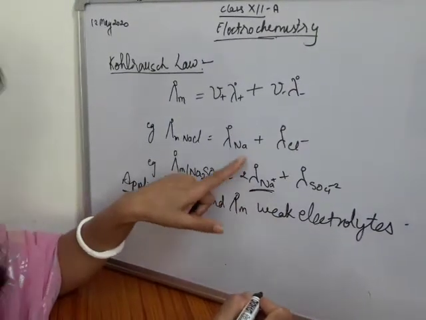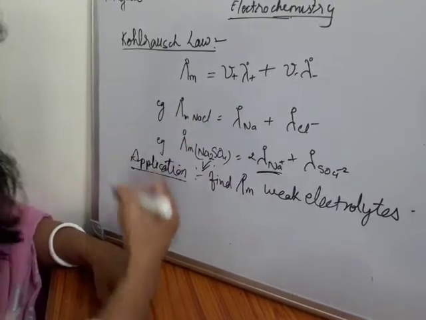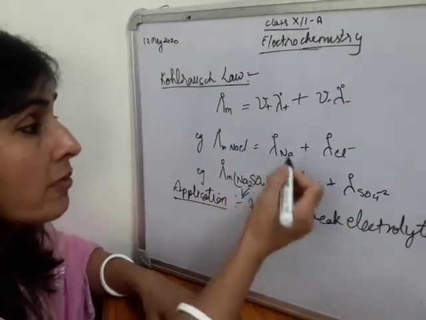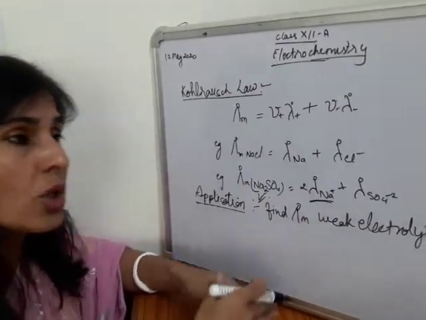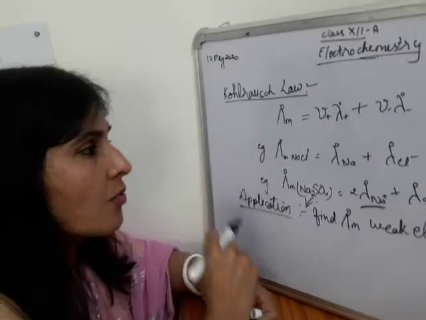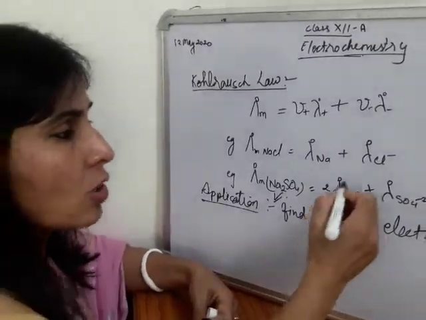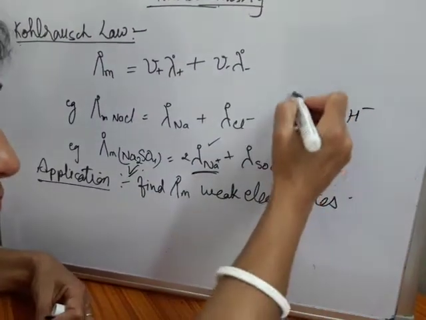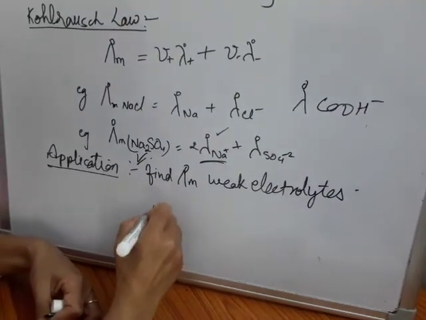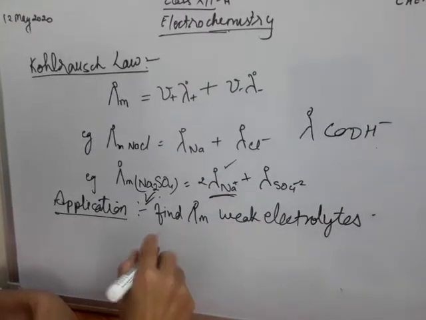You see, because sodium ion will conduct this much only, whether you are supplying sodium ions using sodium sulfate or sodium chloride. So I can make use of these things to calculate molar conductivity of many sorts without actually conducting the experiments. Say, for example, I have the data which provides me the molar conductivity of sodium and molar conductivity of HCOO minus ions.